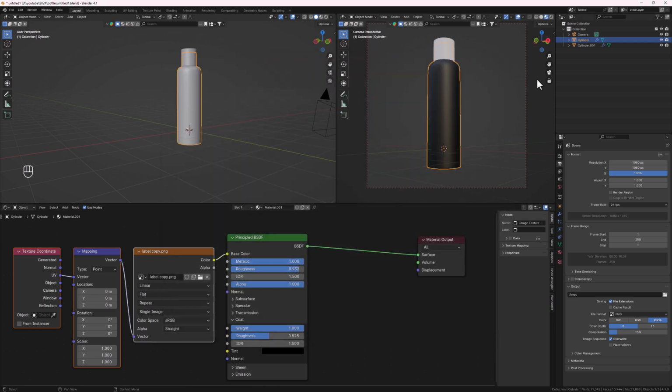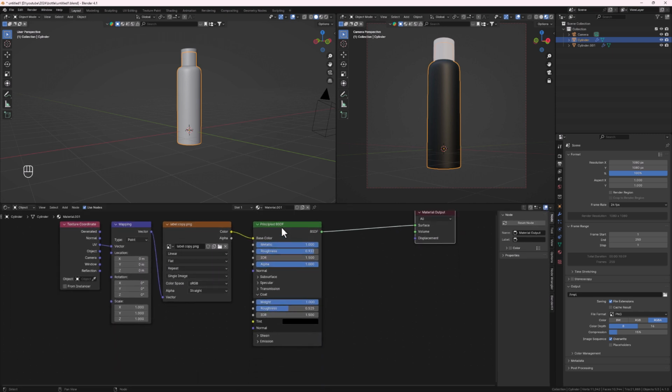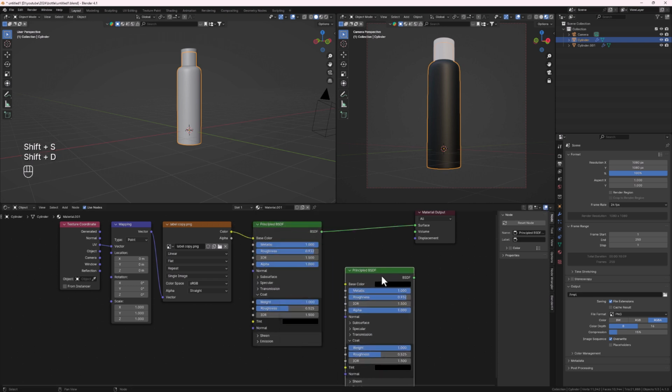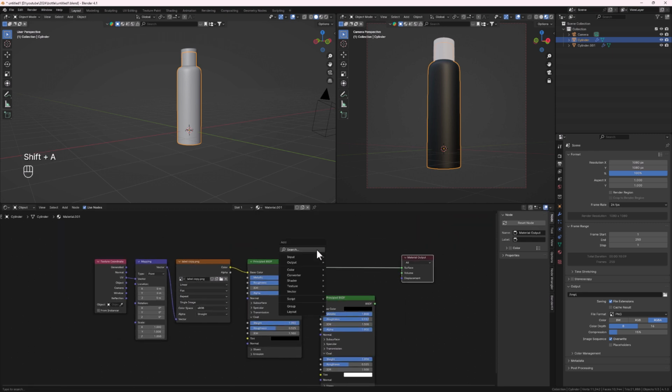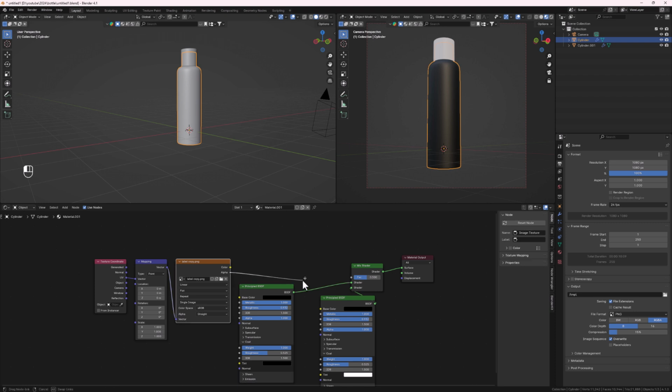So I'll add it to my image. Right, so now we don't see anything. So let's set up our scene. So I'll select this and I'll do Shift D to create a duplicate. Change the tint color to, let's say, white for now, and then I'll do Shift A. I'll add in a mix shader right here, and I'll plug this here, and then I can bring this one. I can put the alpha into the factor to see what's happening with my